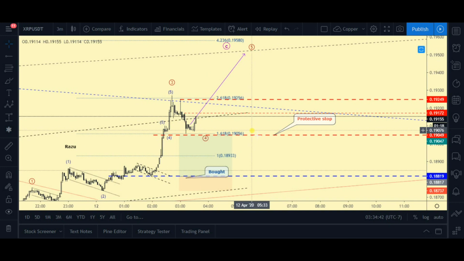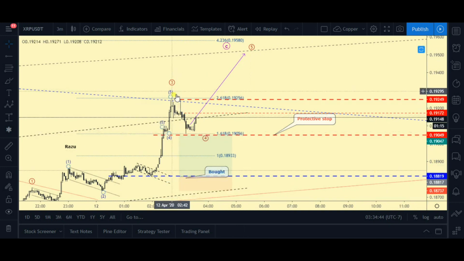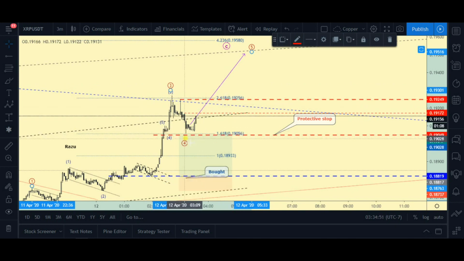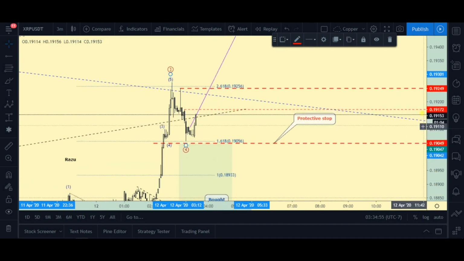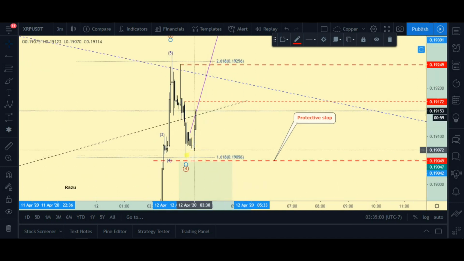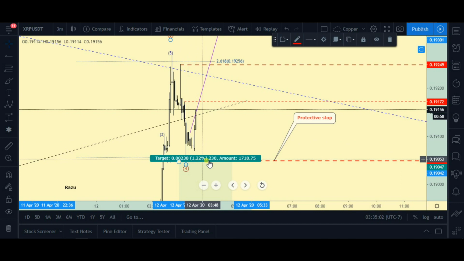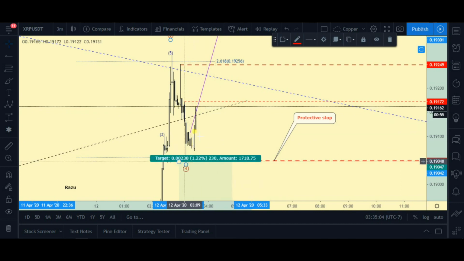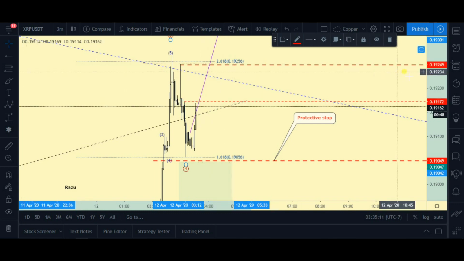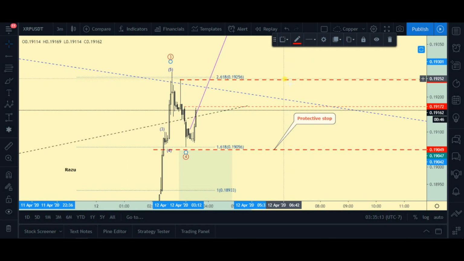Okay, so now what we are seeing is the third wave has ended at the 261.8% Fibonacci extension, and the fourth wave most probably has ended here, and our protective stop was just below this 161.8 Fibonacci extension, and the price did not close below this. So from here we are expecting, if this resistance is broken, then we can expect the price to move higher, and the strong confirmation if this